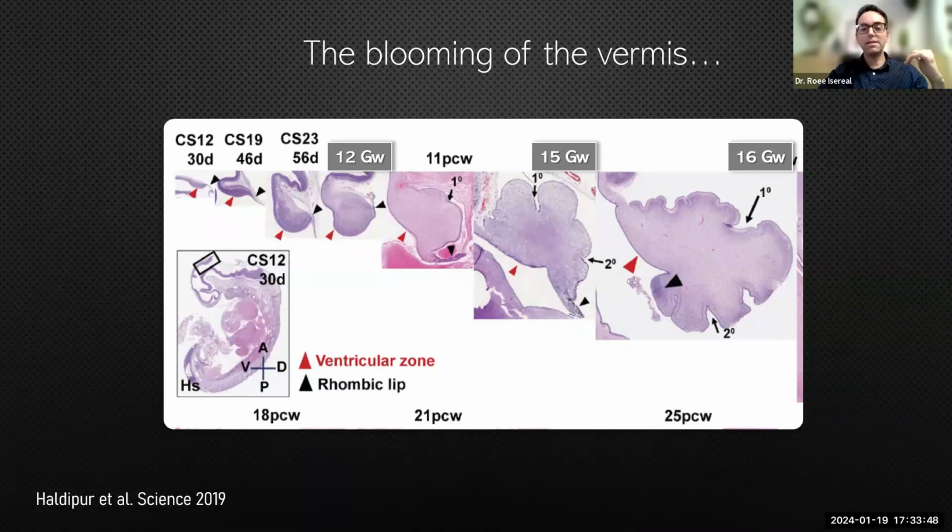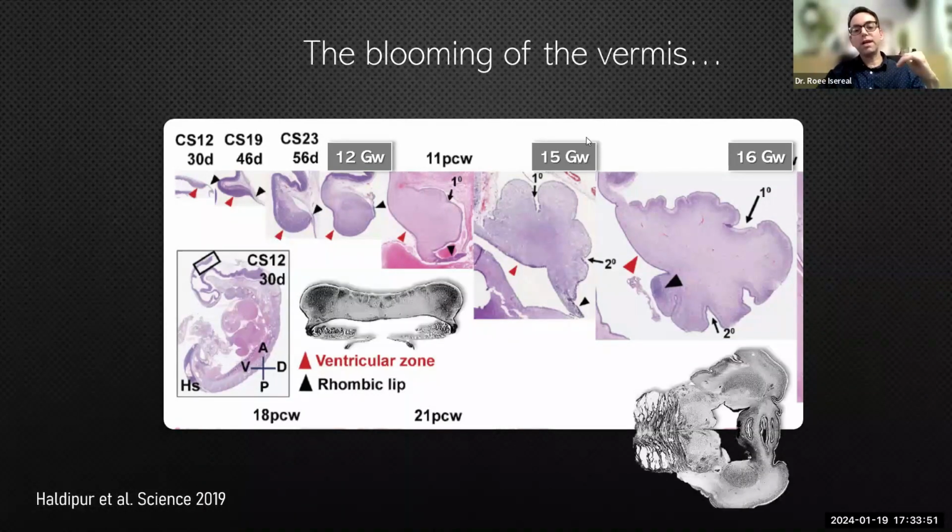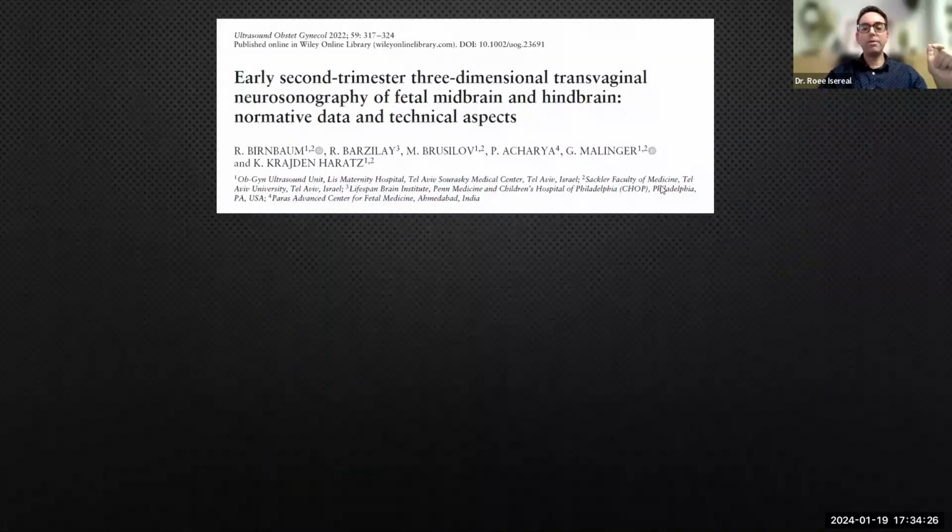Now, why is it important? This is important because whenever you're insonating the fissure, you have the folds of the pia, you have a little bit of fluid inside, you have a change in tissue density, and these fissures will reflect back to the transducer, something that will happen in a much less significant proportion when you're insonating the hemisphere, or if you are insonating parallel to the fissure. So you're using this property of the early developing vermis as opposed to the early developing hemispheres in order to obtain a good image. Now, recently, we published this paper which describes the normal sonographic development of the midbrain and hindbrain